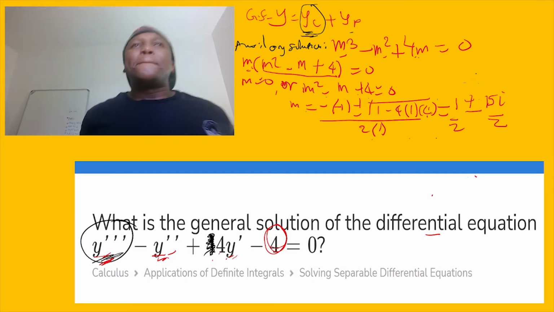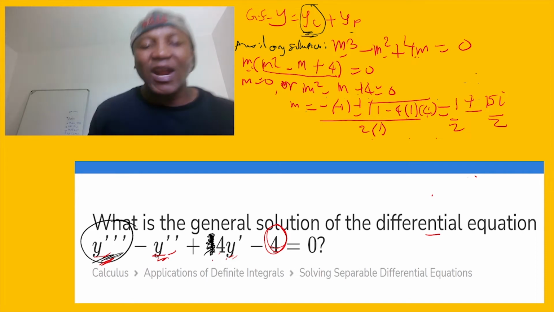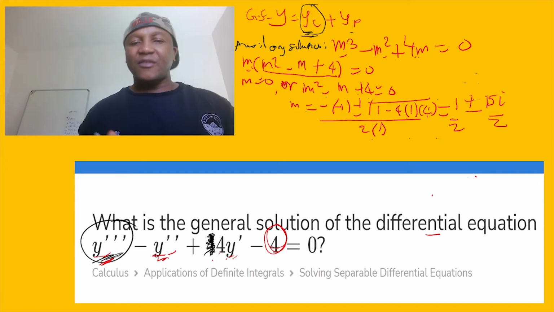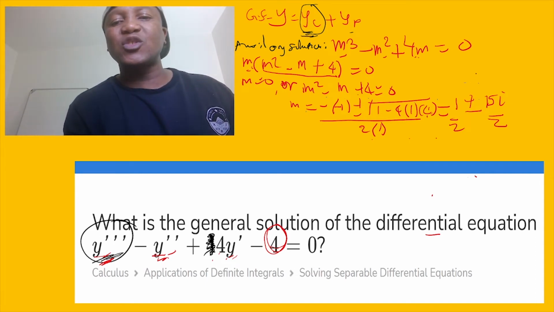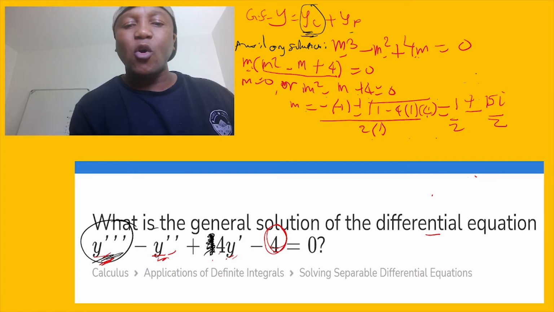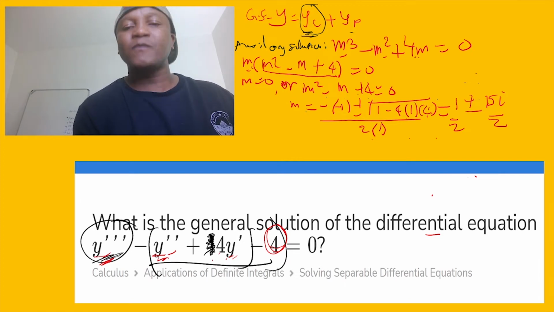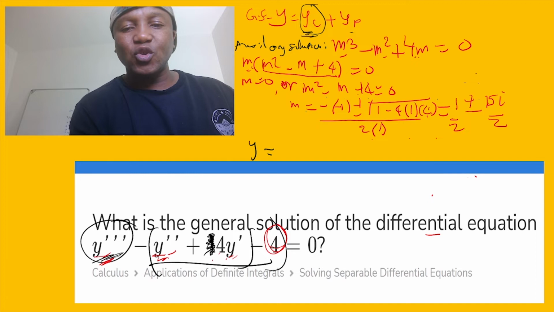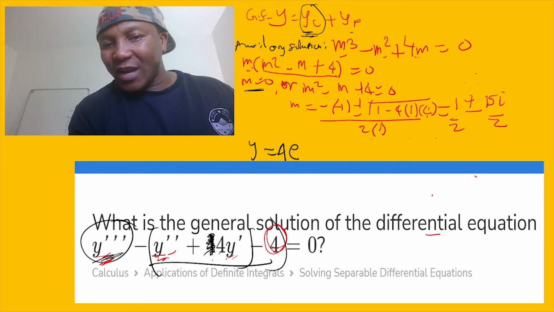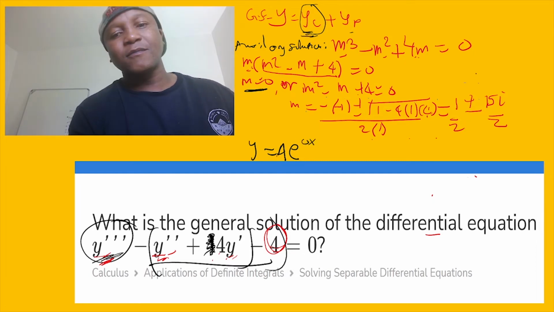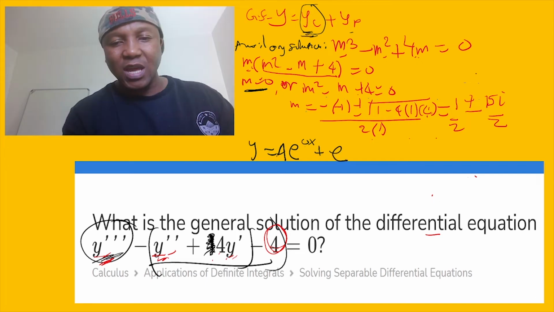This is going to help us to get the auxiliary solution, or you can call it the homogeneous solution. Remember this is a third derivative, so the general solution is not going to look like the one we always have with the second derivative. The general solution is y equals A e to the root you got, which is 0 in this case, 0x, plus